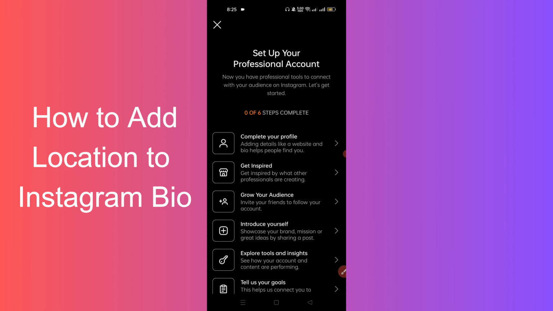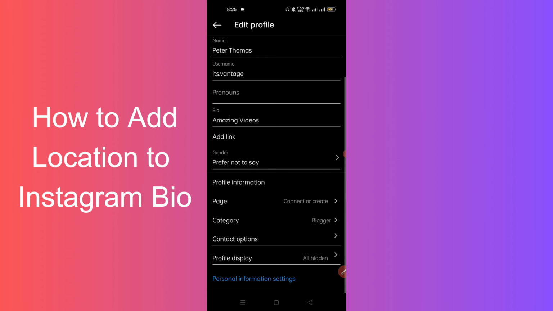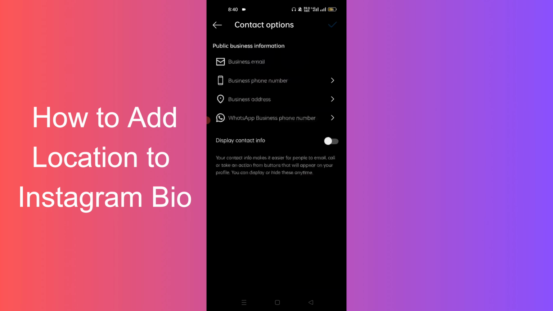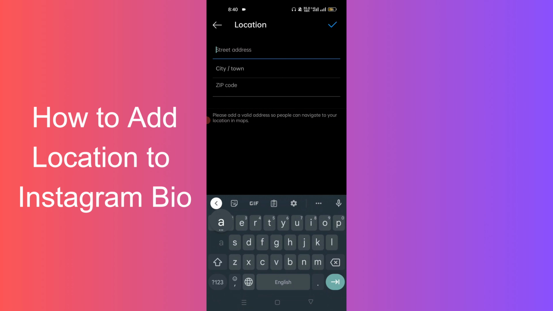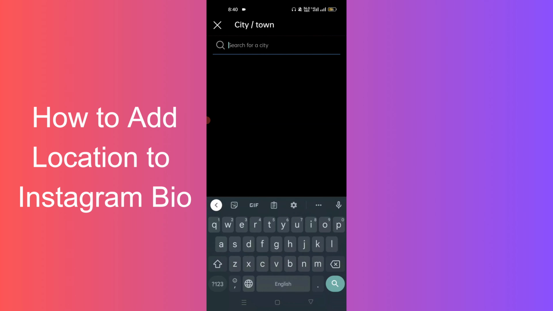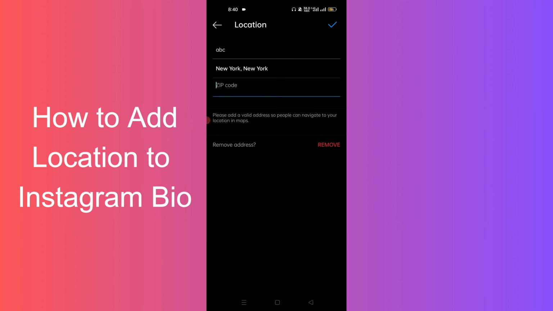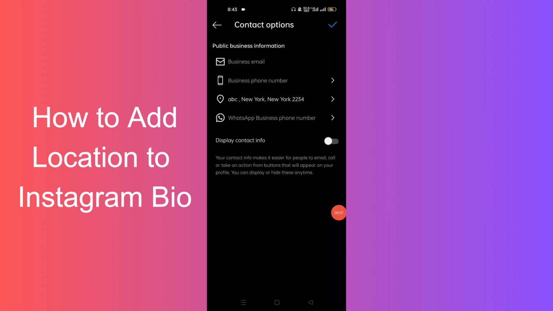So I will cross it here and then go to edit profile. So I will come here and click on contact information, and we'll go to business address here, and I will enter street, let's say ABC, and city New York, let's say New York. Okay, I will select, and zip code will be, let's say, 2234, and then click OK